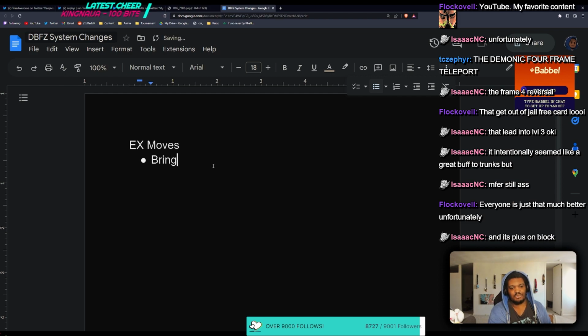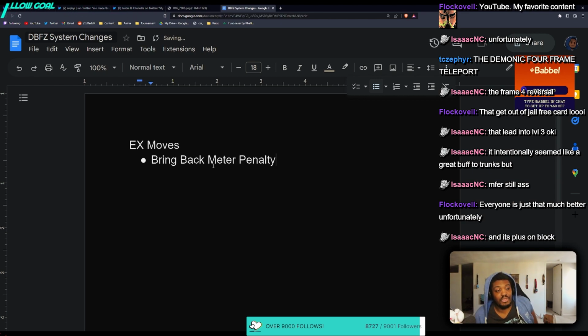So my first change would be to bring back meter penalty the way that it was done in season 3 before the 3.5 change. There are also more changes that I would say push it in the right direction, but this one is by far the most important. The other thing is that I think